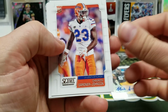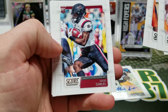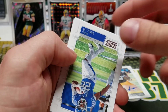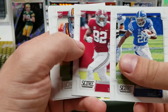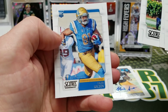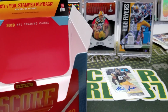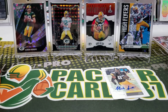We have Gardner Johnson, Sills the Fifth, Burns, Debo, Kyler Murray. Got a couple Kyler Murray autos. Benny Snell, Irv Smith Jr., David Montgomery, Jordan Scarlett, and Caleb Wilson. So hey guys, that is your look. Just busted all 400 cards of this box, and I will go over quick for those of you who got